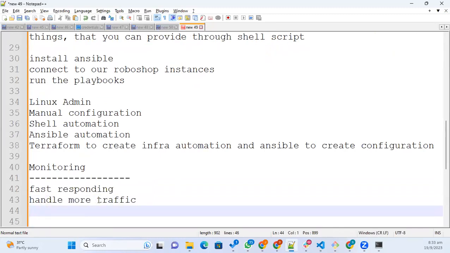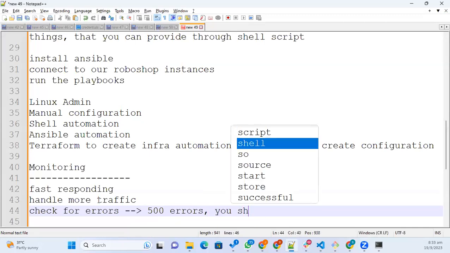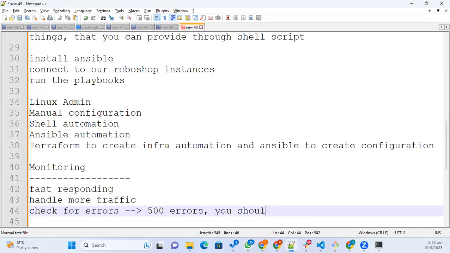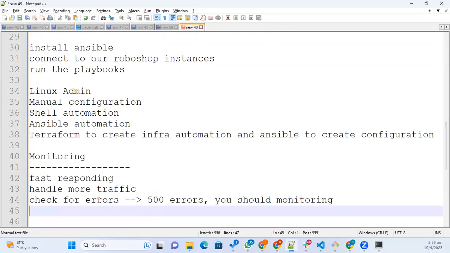And you should always check for the errors. So you can see we have a lot of 500 errors. Okay, you should monitor for this. If you are getting 500 errors, it means something is wrong. You know that already. We have seen a lot of 500 errors in the configuration. So you need to handle that as well. Fast responding, handle more traffic, check for errors, and then you need to calculate